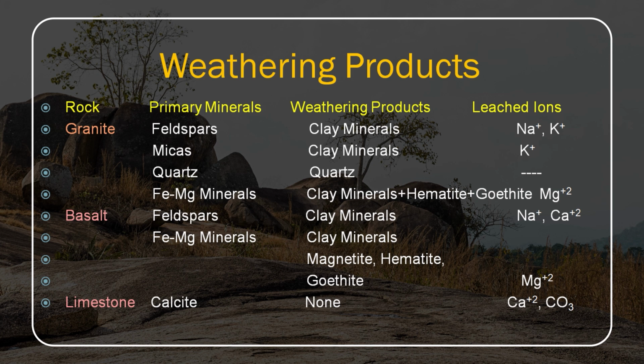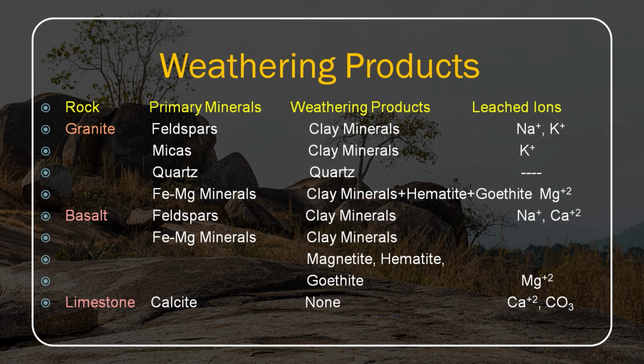Feldspar finally weathers into clay minerals. Micas give rise to clay minerals. Quartz remains as quartz, only the size changes. Iron magnesium minerals also produce clay minerals. They also show hematite and goethite. And secondly, the basalt has feldspar, which produces clay minerals, and iron magnesium minerals also form clay minerals with magnetite,